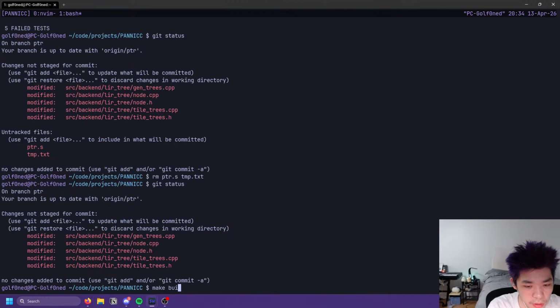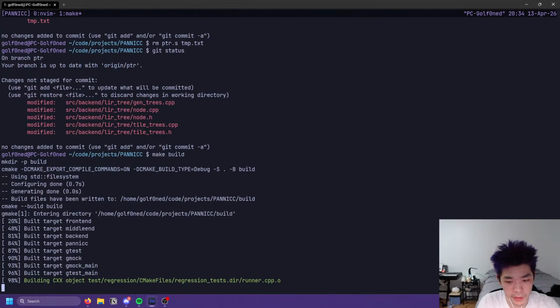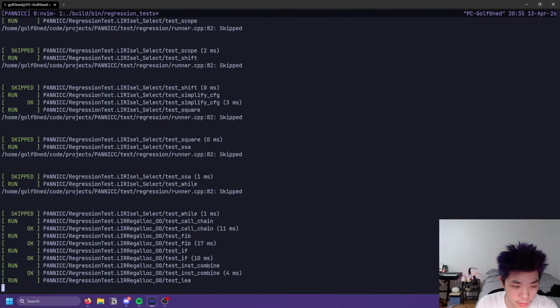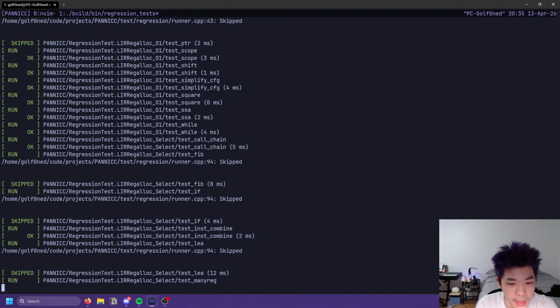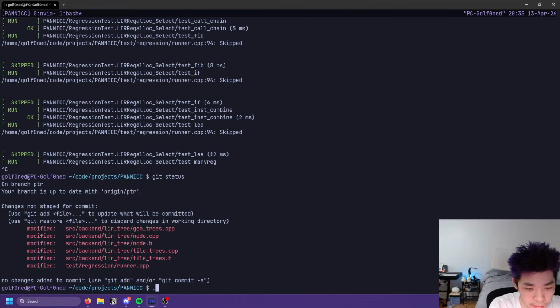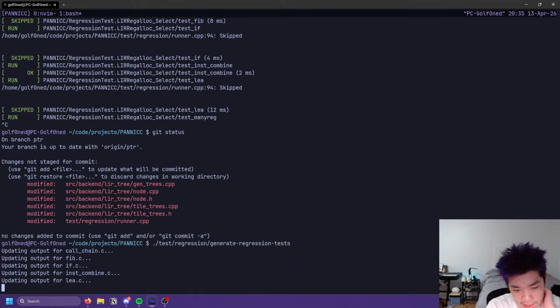Okay, so then make build. We should rebuild the runner. That's fine. This is gonna take forever. Why do I keep running this? Okay, let's regenerate regression tests.